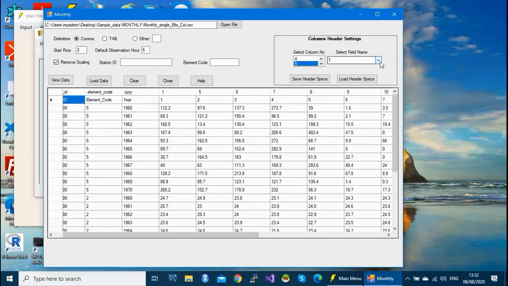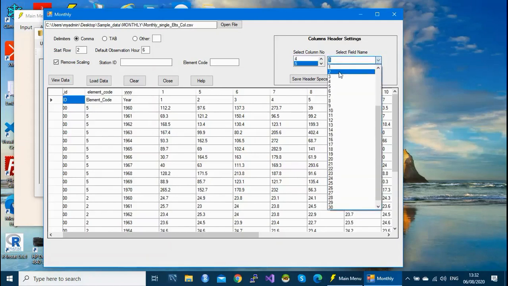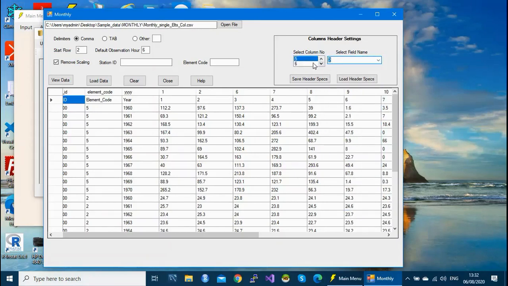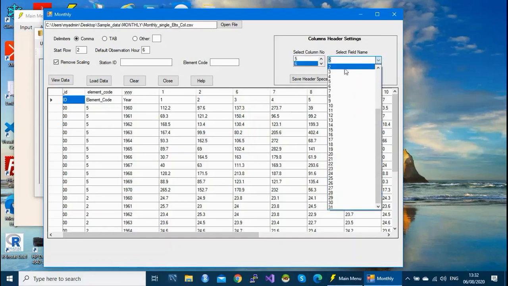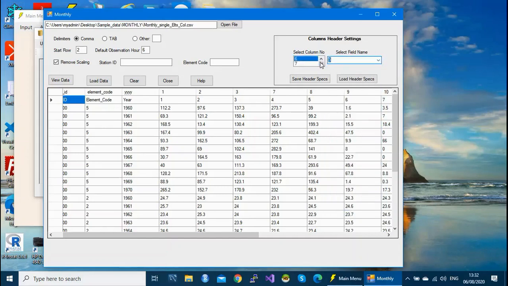Column 5, Feb. 6, March. 7, April. 8 is May.